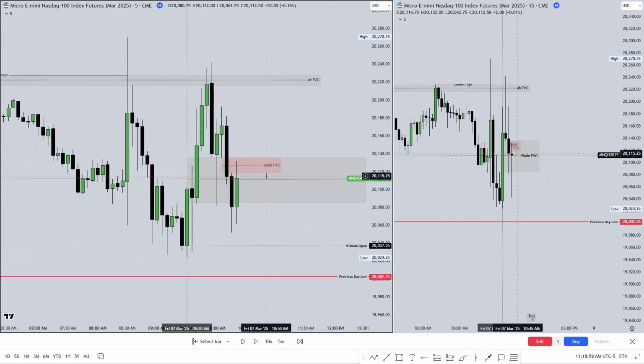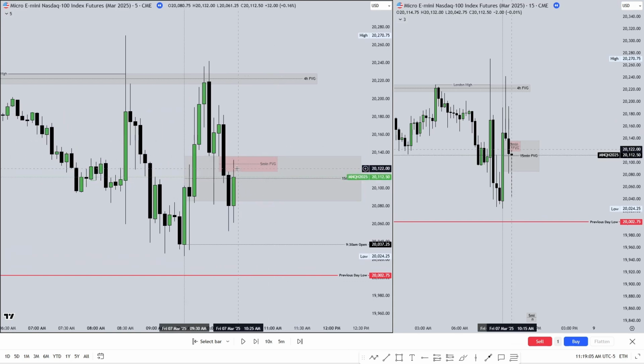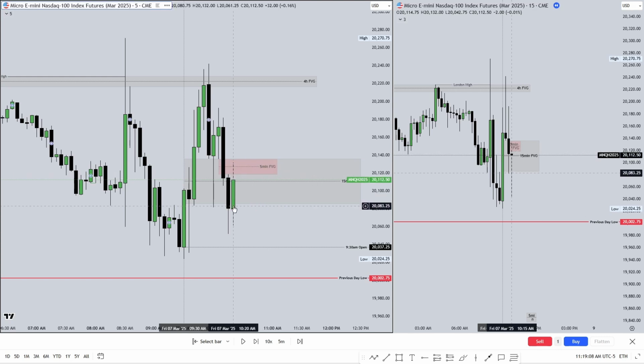So now that we've hit this 5 minute fair value gap, I use this as what's called a condition. So this is kind of like my line in the sand where if we hit this 5 minute, go above it and close, I would have to be bullish, right? Because we hit this 15-minute and we would close above this 5 minute, use it as inversion. If we hit this and on the lower time frame, I can confirm it with my entry, my model that we could potentially be moving lower, well, then I would be somewhat certain that we would be closing below this 15-minute fair value gap with a high degree of probability.